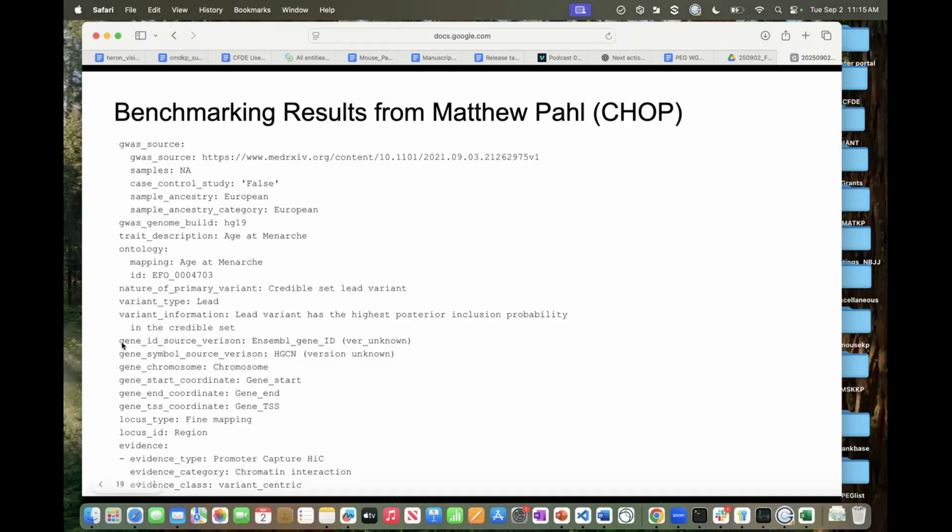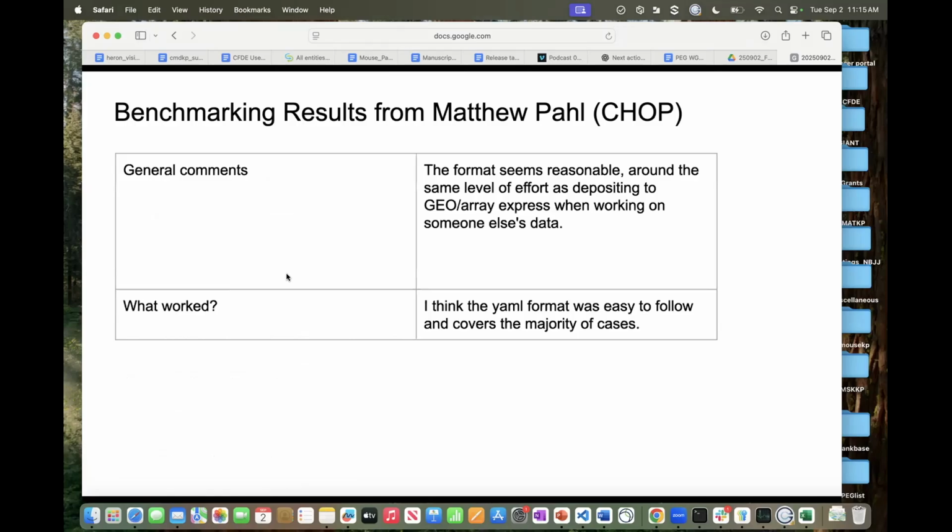So for the variant, gene, locus, and then types of evidence for each. Notably within this study, he focused largely on types of evidence derived from chromatin interaction data. So he had a lot of Hi-C data and other information of that sort for the variants.